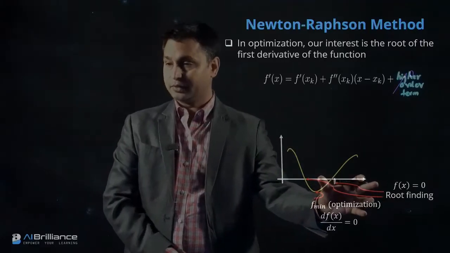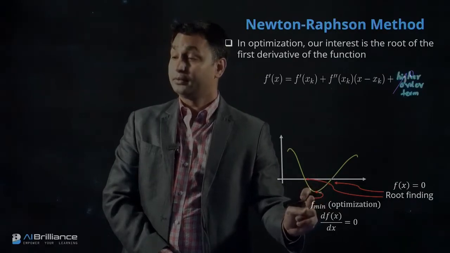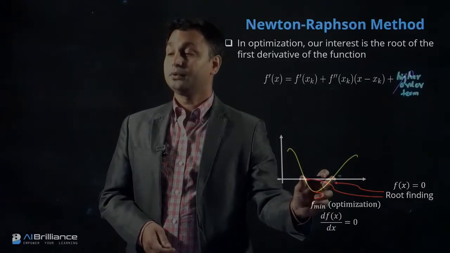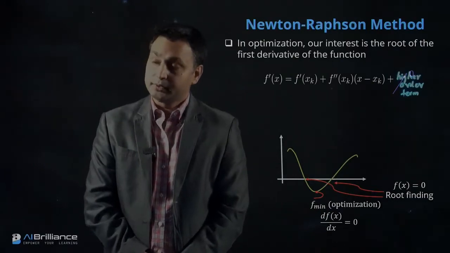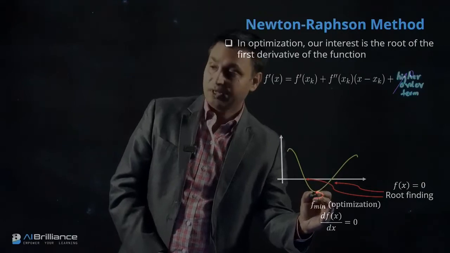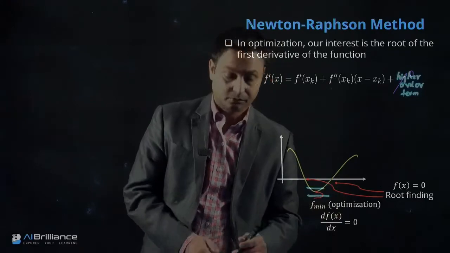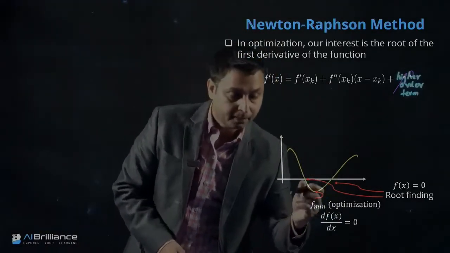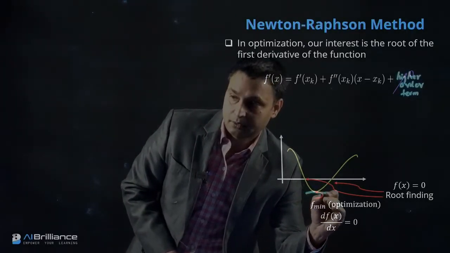So again, as I mentioned, we are interested in basically finding this point, which is the optimal point, and that's of interest in optimization. But in root finding, these 2 locations are of interest. Now, one of the things I want you to notice is what happens to the function here. If we have a function which has a minima right here, let me precisely draw this because it's an important concept. So if you have this function right here,